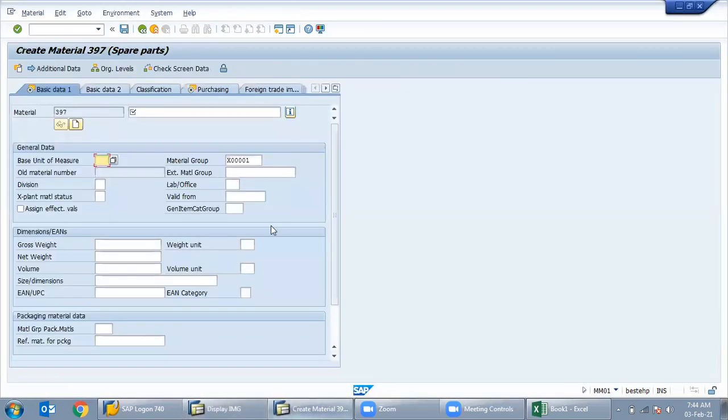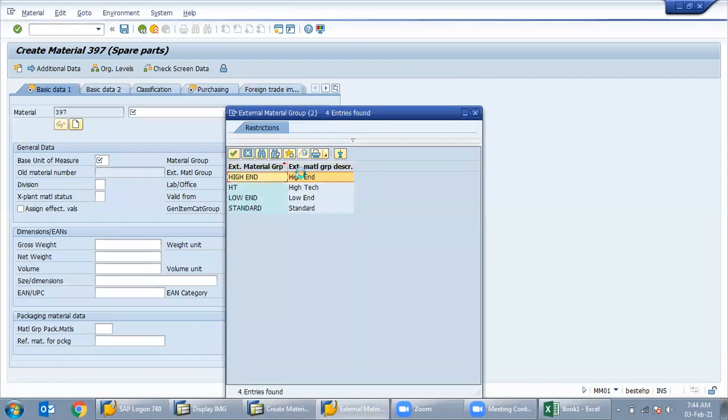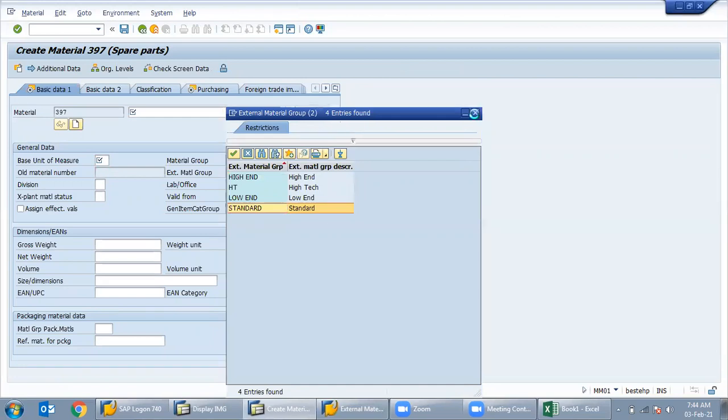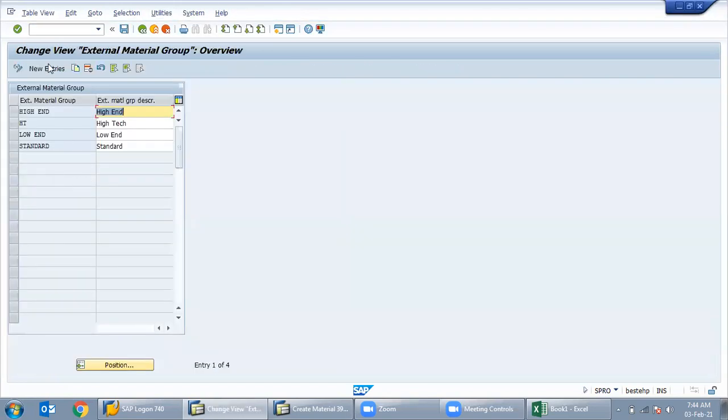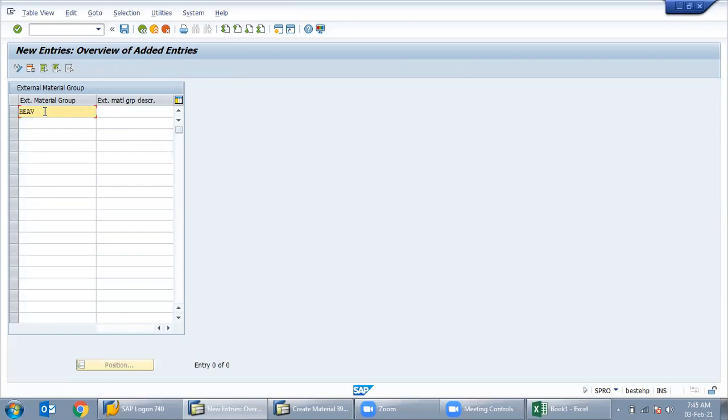There is an option, external material group, this one. High end, low end, standard, whatever we need, if required, we can create new external material entries from here.